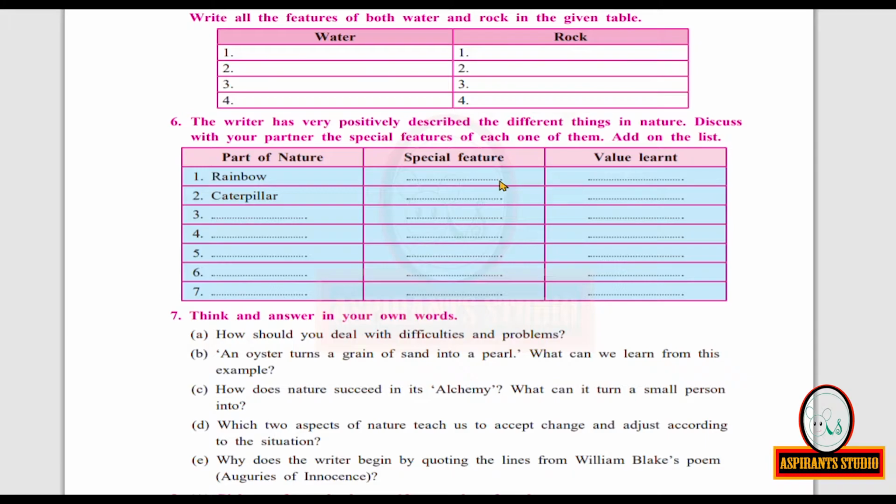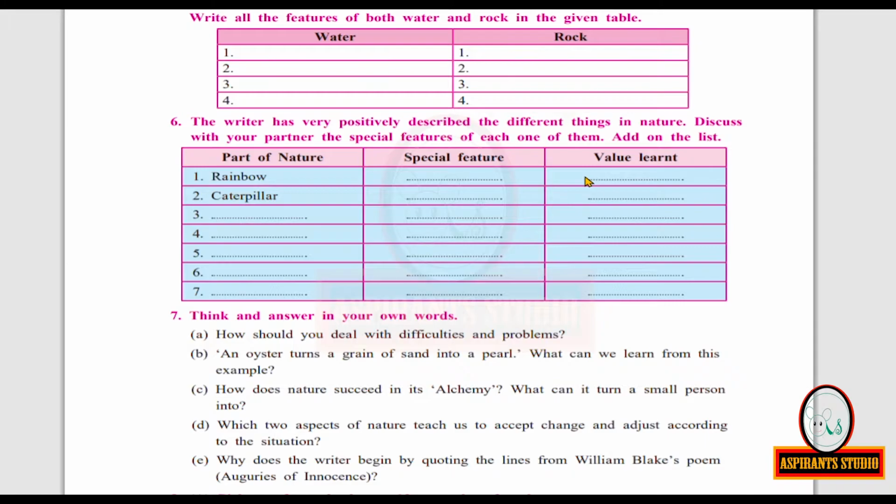C-H-E-E-R-F-U-L-N-E-S-S. Acceptance. A-C-C-E-P-T-A-N-C-E. So for rainbow, you can write under special feature cheerfulness, acceptance. And value learned will be,